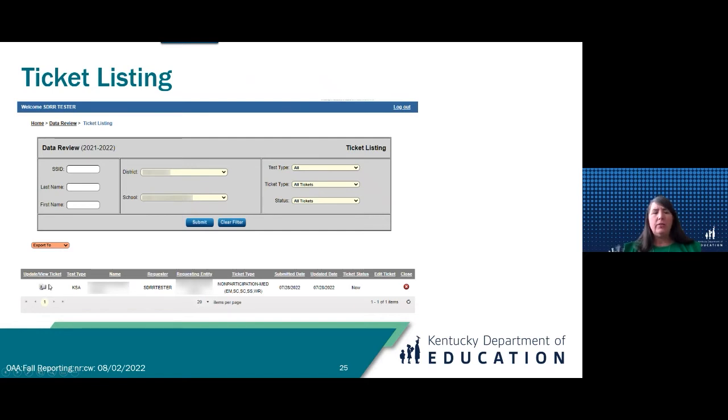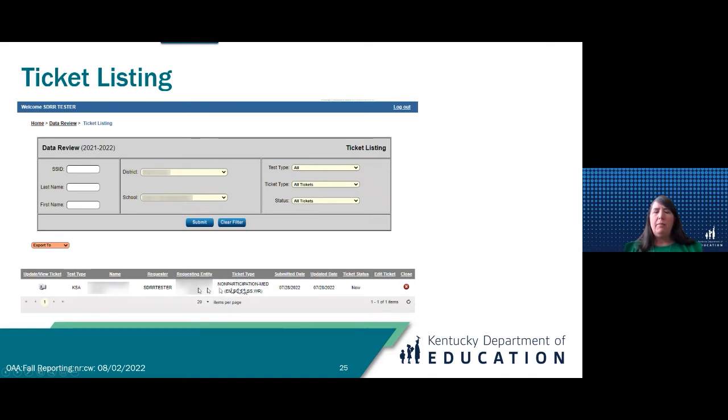ticket. It'll also tell you the test type, and this, for example, was KSA. And then the name of the student, who requested it, the requested entity in the district. It also tells you the ticket type that was requested and where it was requested.